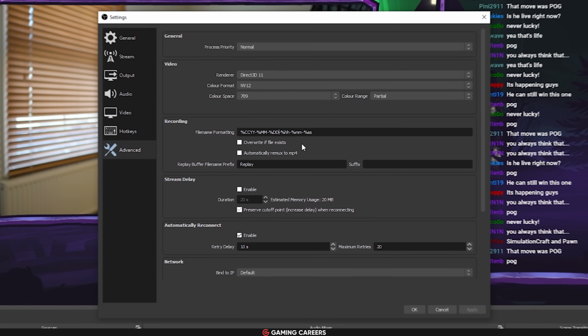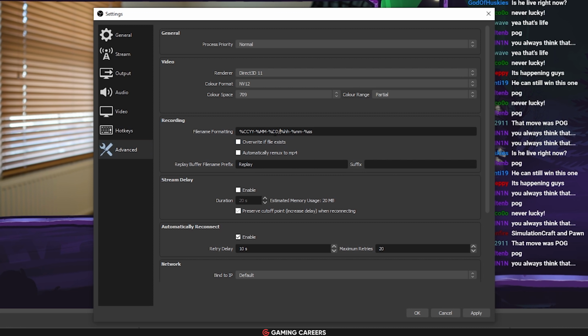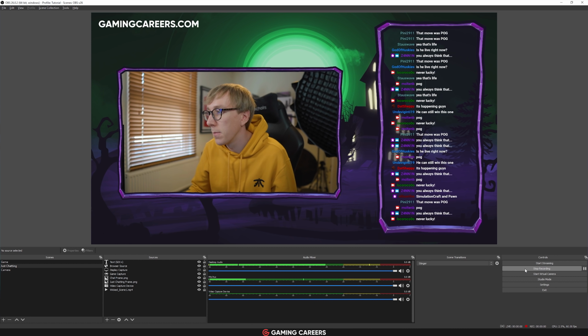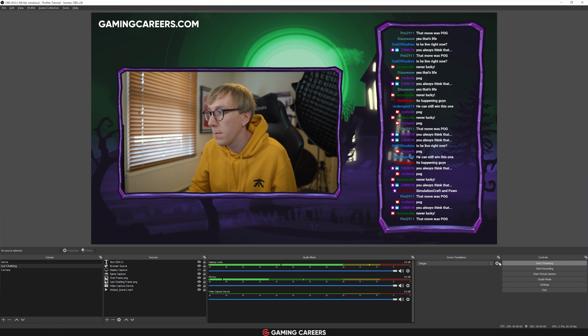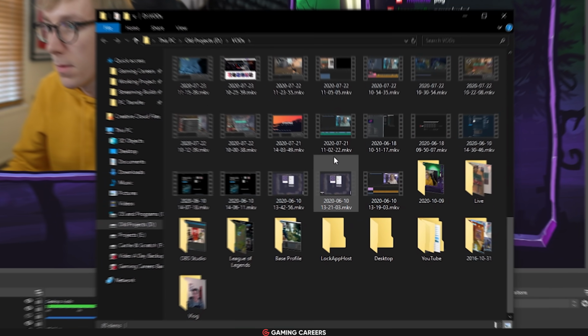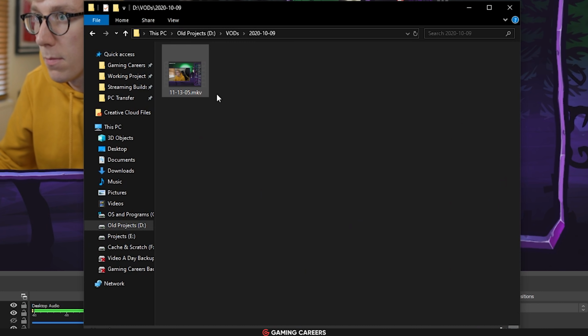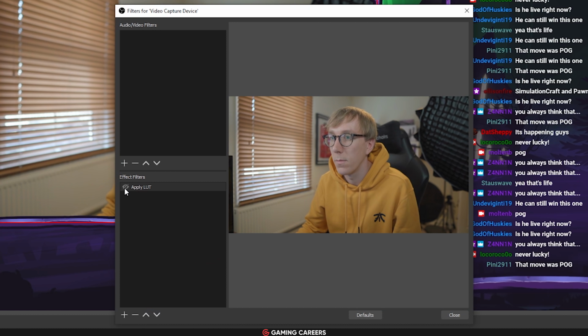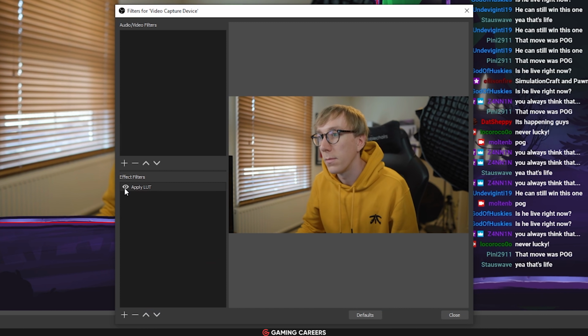For those of you that use OBS Studio for recording, you can now add slashes in the recording name format to automatically create directories when recording or making replays. This is super useful if you want to do something like organize all of your replays or all of your VODs by day. You can create folders based on the date and then all your replays go in those folders automatically. For those of you that use LUTs for your cameras, they've improved performance and accuracy of using the LUT